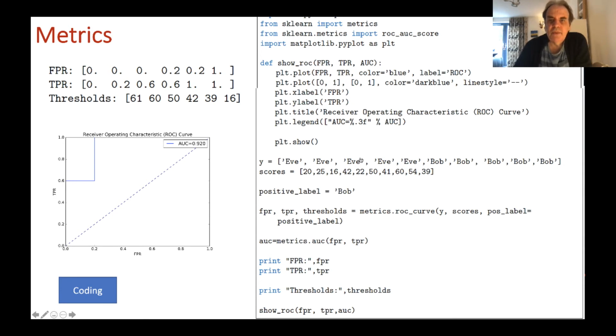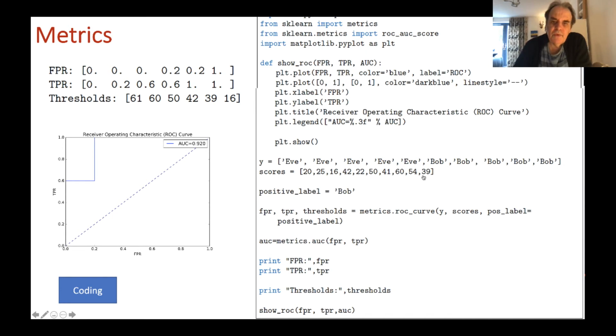So in this case we have a data set, so we have the number of logins that Eve has here, has 20 and so on, and then Bob has these logins here.